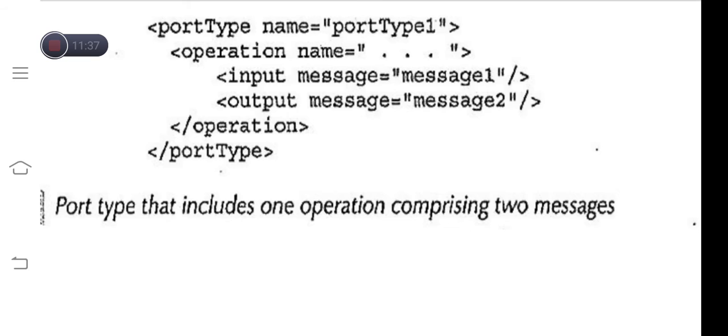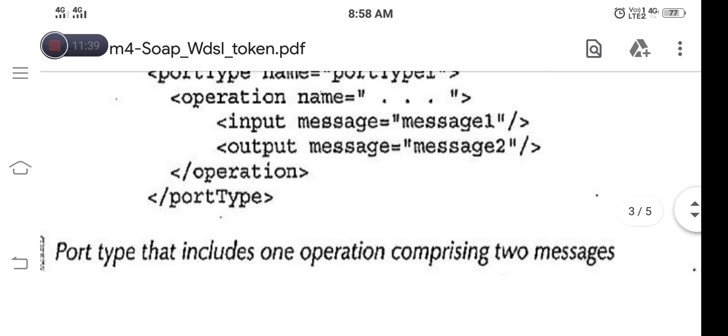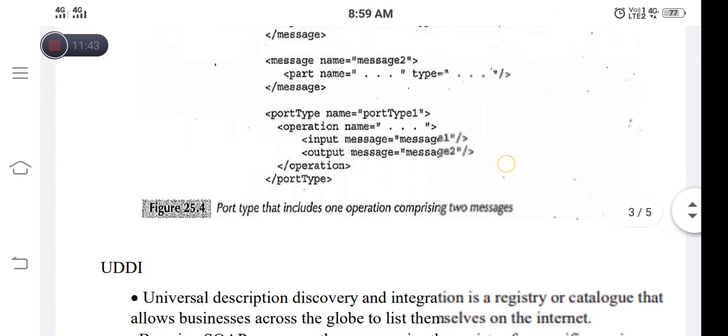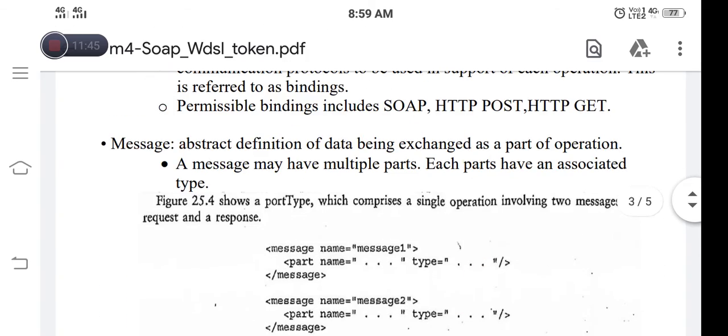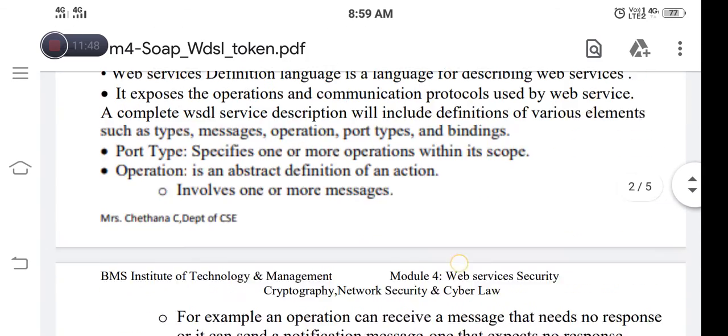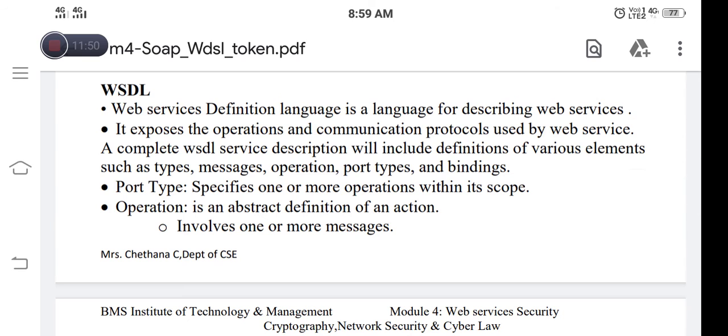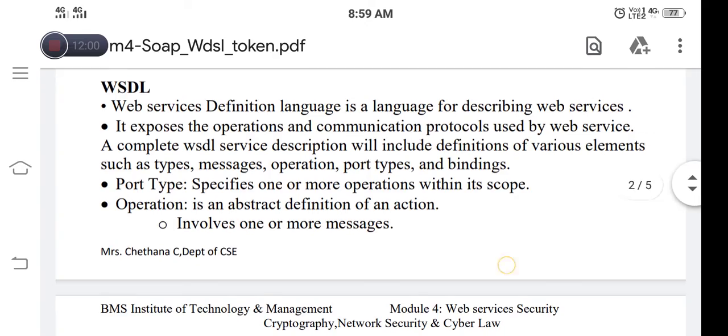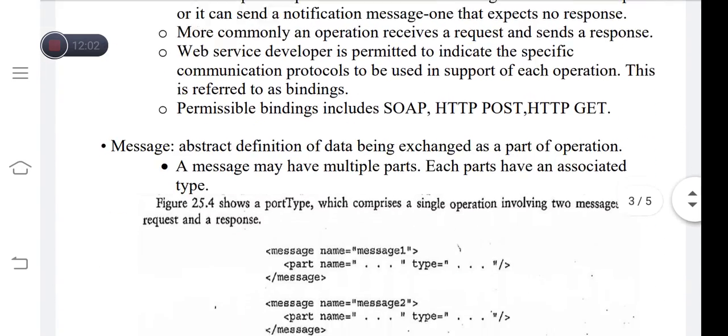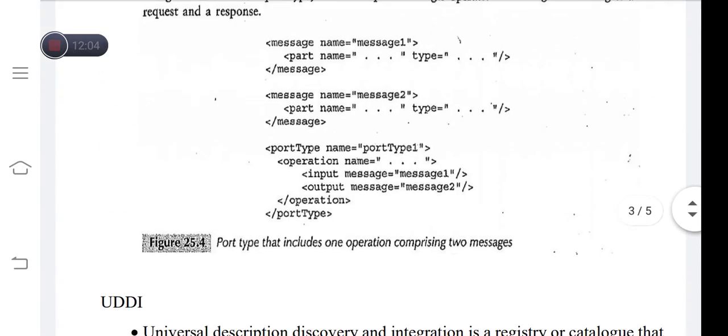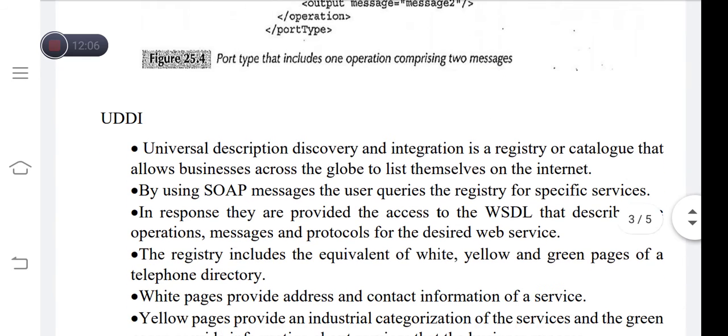Inside the port type we see the operation comprising the two messages. So these are the WSDL service descriptions with the usage of the elements, messages, operations and port types, and how they are used in the format.